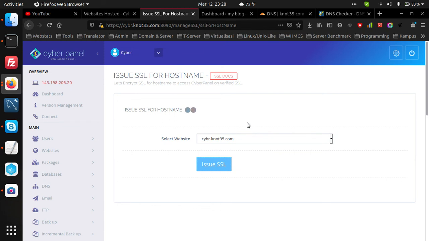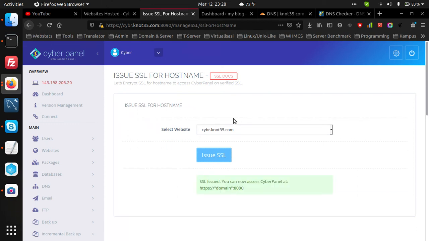We must do that so the access to the control panel will be more secure rather than using a plain port or HTTP connection. Also don't forget for the mail server, we should create or issue the Let's Encrypt SSL.